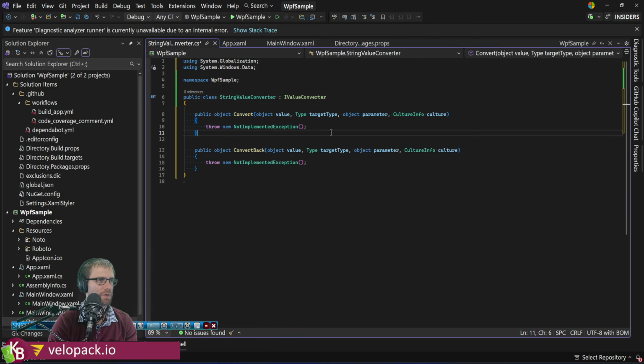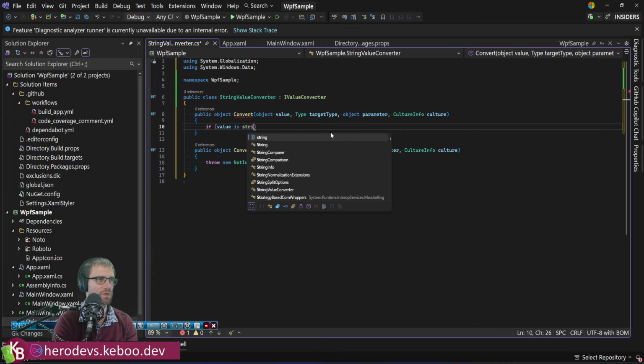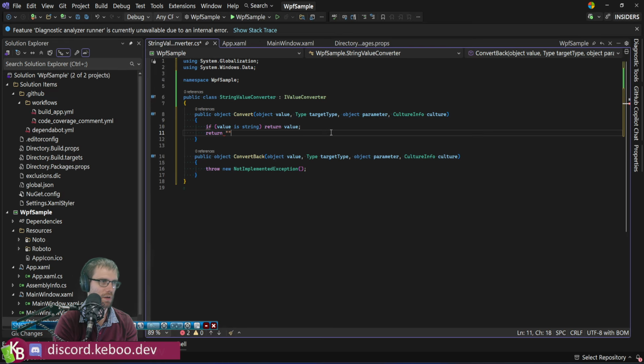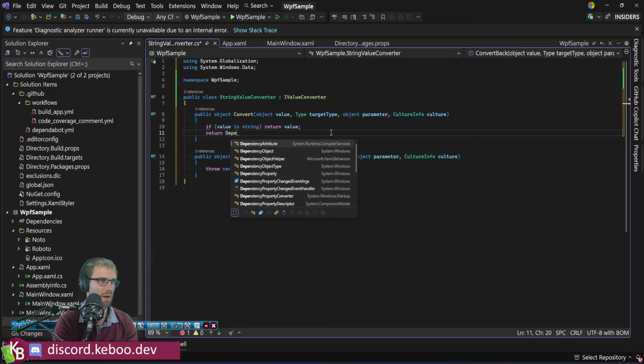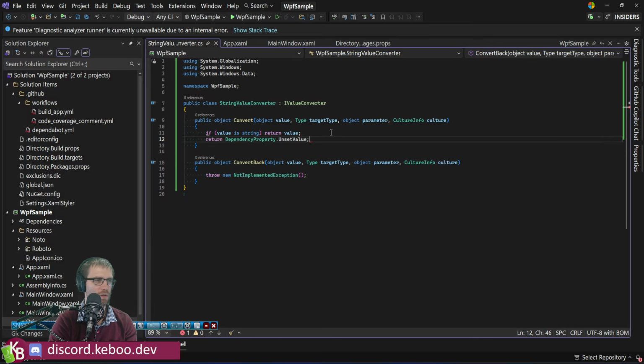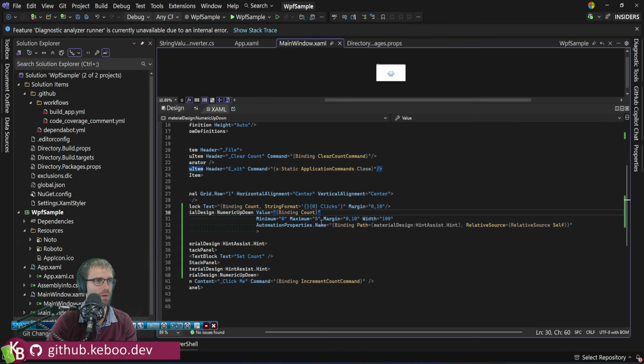Yeah, I don't trust Copilot to do it. So, and then I think what I want to do is something like if value is string, return value, else return, I think I actually want DependencyProperty.UnsetValue. So this is a magical value that if it comes through a binding, it will set the property back to whatever its default is. So for example, if we look at AutomationProperties.Name,